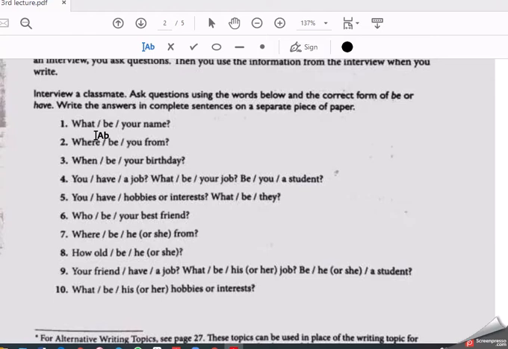For example, you will ask him, what is your name? Where be you from? It will be where are you from. Why do we use are here? Because I have the pronoun you. Your name, it will be is. When be your birthday? When is or when was your birthday? Because it was here, I have to use was. Why? Because first this is singular and second it was in the past.